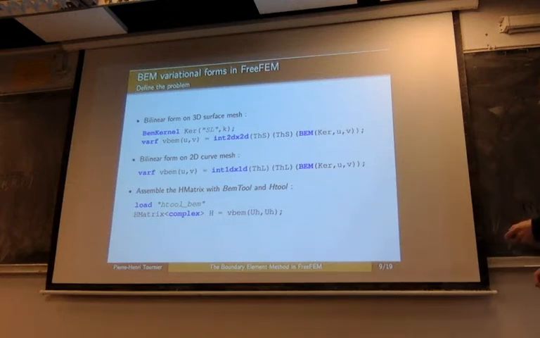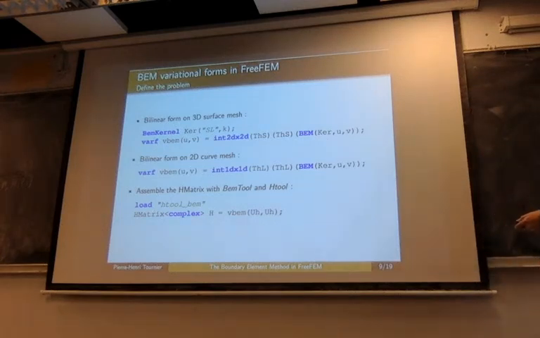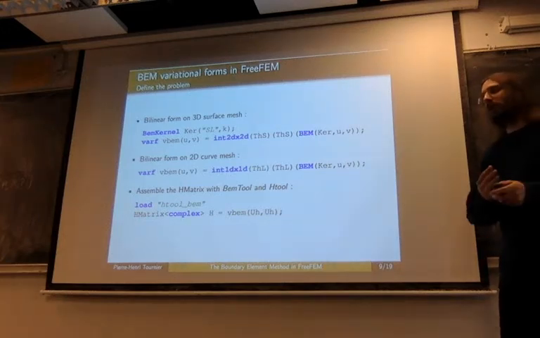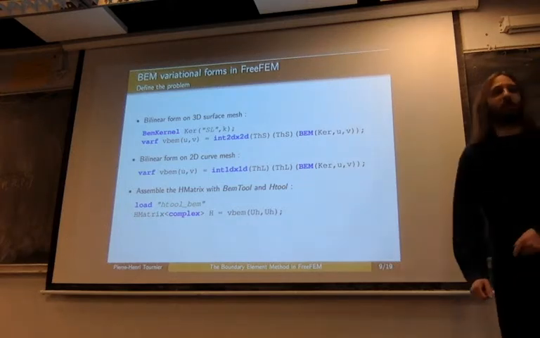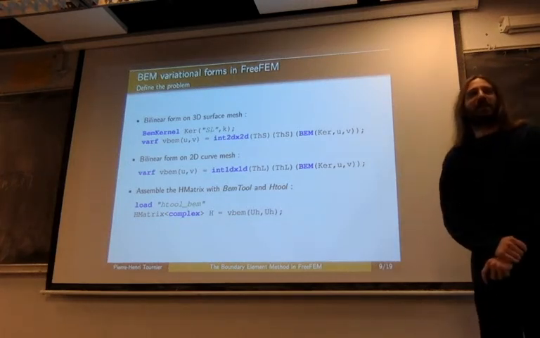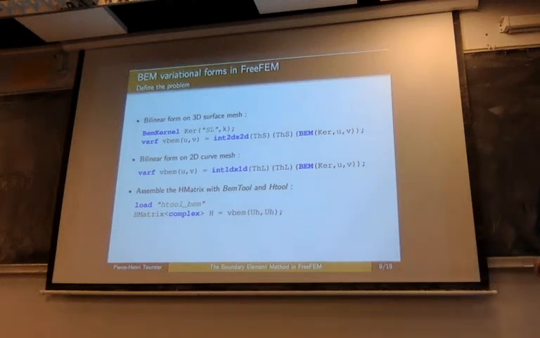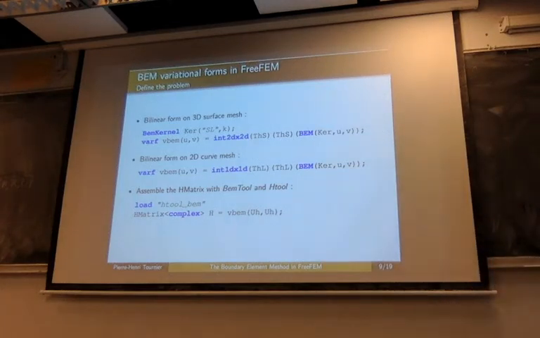And now, as for FEM, instead of using a matrix and assembling your variational formulation, you have a new type in FreeFEM that corresponds to an H-tool parallelized H matrix. You can just do H matrix H equals, and you discretize, passing your variational formulation. UH is your BEM space, I guess, so P1 Lagrange for now, quite simple. And then this will automatically assemble the H matrix in parallel.